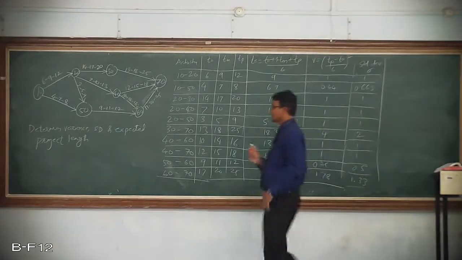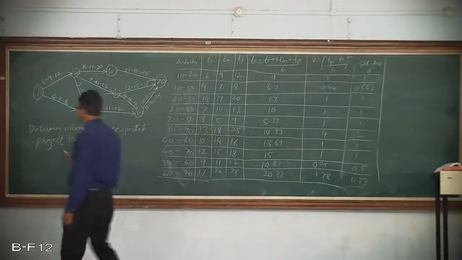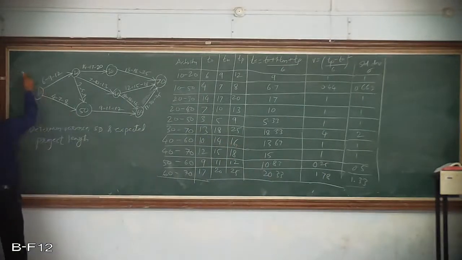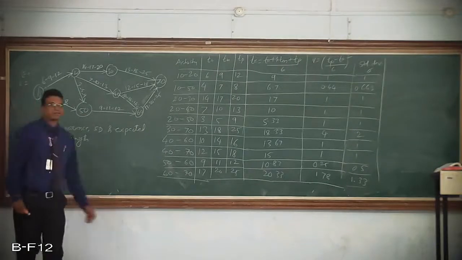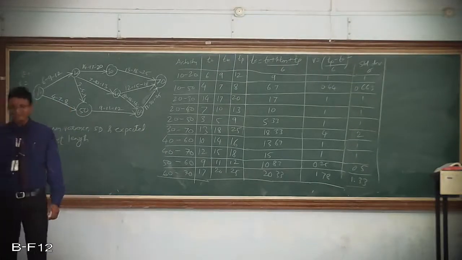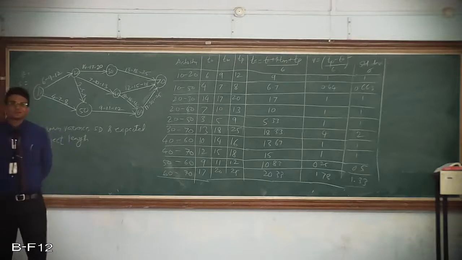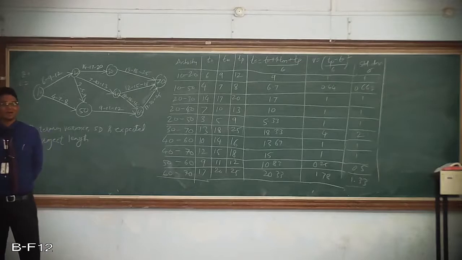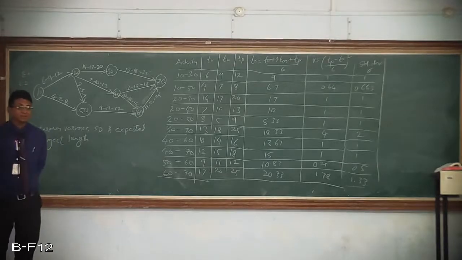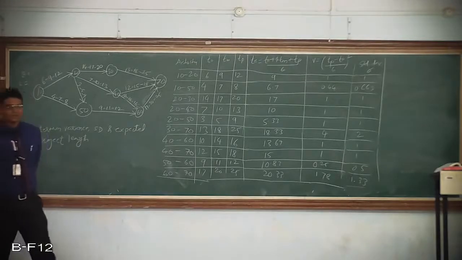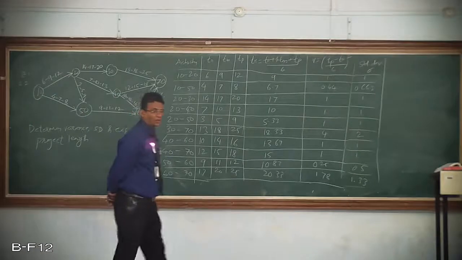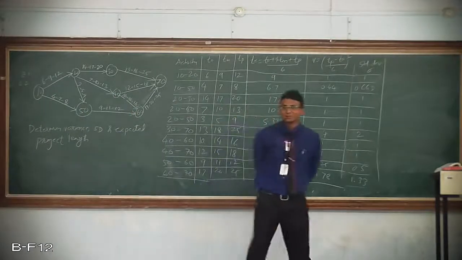So if they ask you to calculate the critical path, just find the events and identify the events which have E equal to L and connect those events by a double line. That will give you the critical path, and the last event, whatever E or L value is there, will be your entire project duration. So you can take that as homework and complete this problem at home.